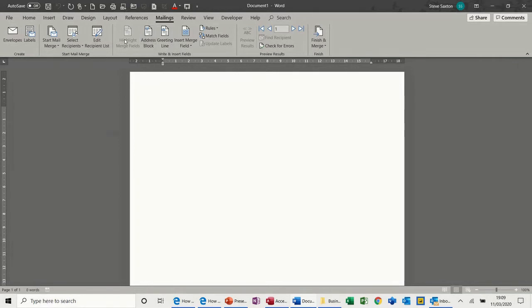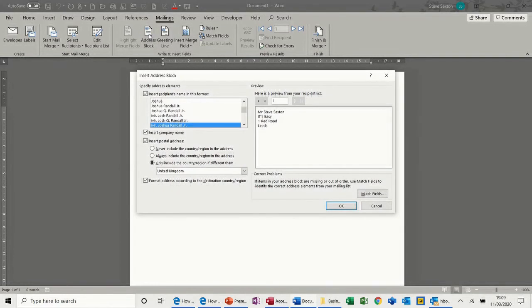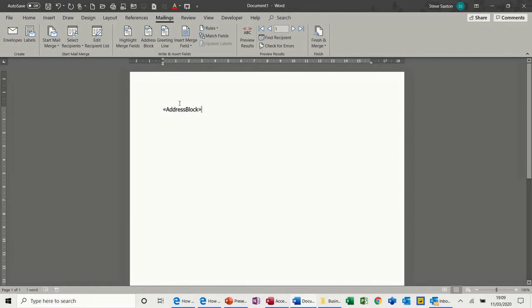So coming along, address block, greeting lines, insert, merge field. So that's a list of all the columns that was in that table. But rather than bringing these in individually, which you can do, you have got some preset formats through address block and greetings line, which is what I want to use first off. So these are just different layout styles. You can see it changes slightly there. I'm going to leave it on the bottom one, click OK,